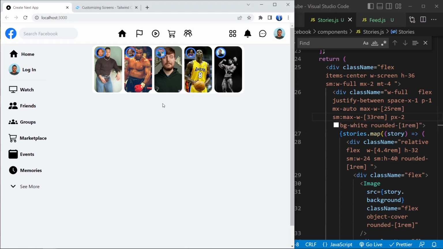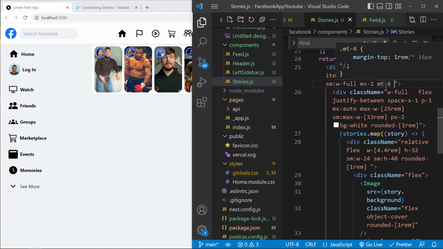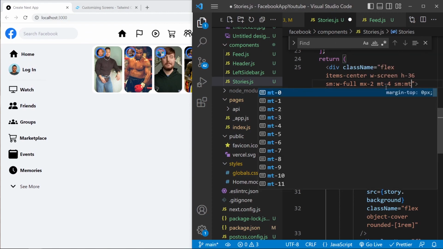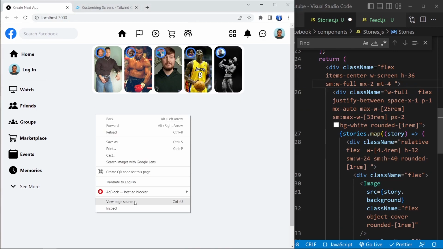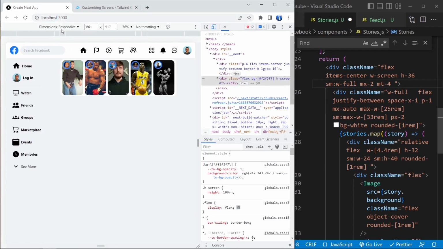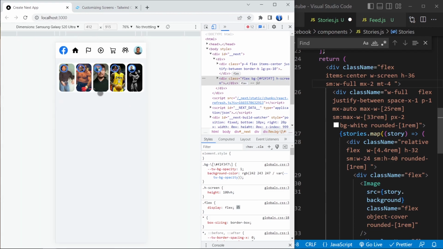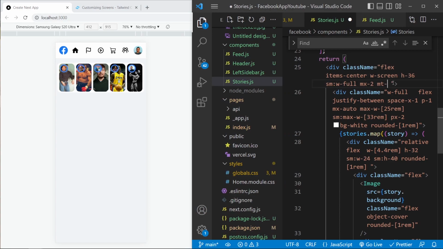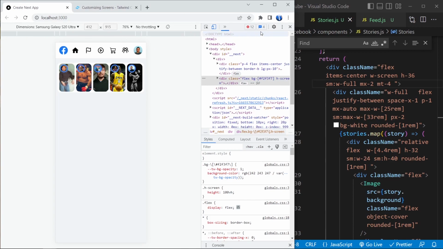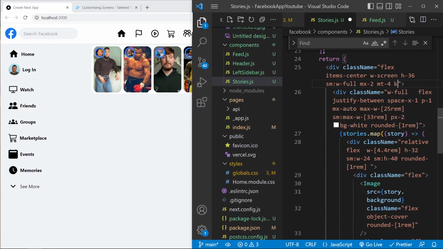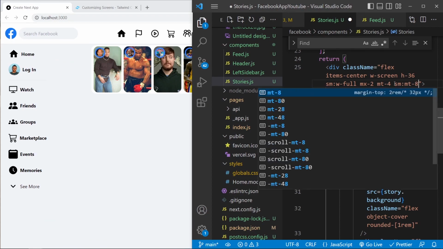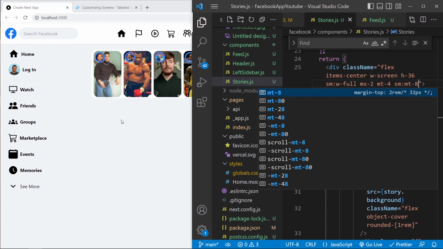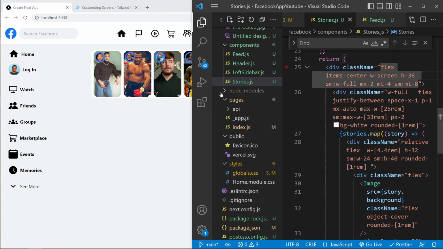Okay, 33, it looks good. So on the small we want to say margin top. I think on the mobile as well, let's check it on mobile. So margin to the top I want to add, so S20 margin top of 4. I think this one, yeah. So on the small screen sizes, if we go here, we want, after the small, we want margin top of 8 maybe. 8 looks decent. Okay, now we want this left sidebar to add some more margin to the top as well,